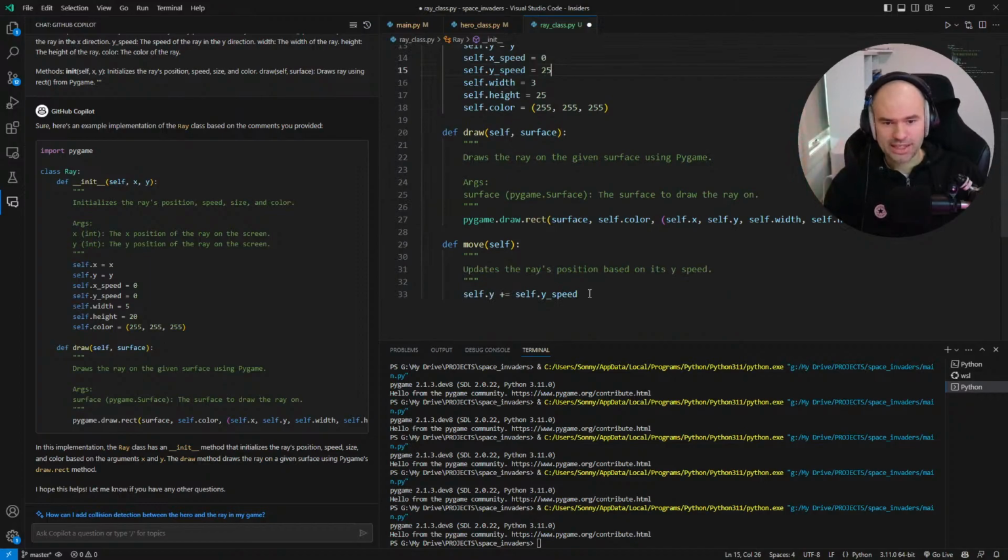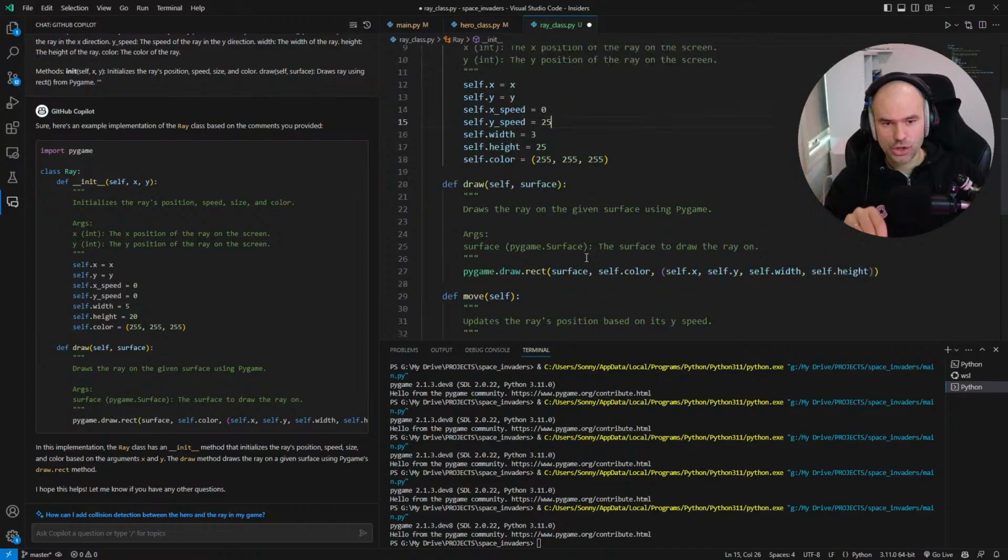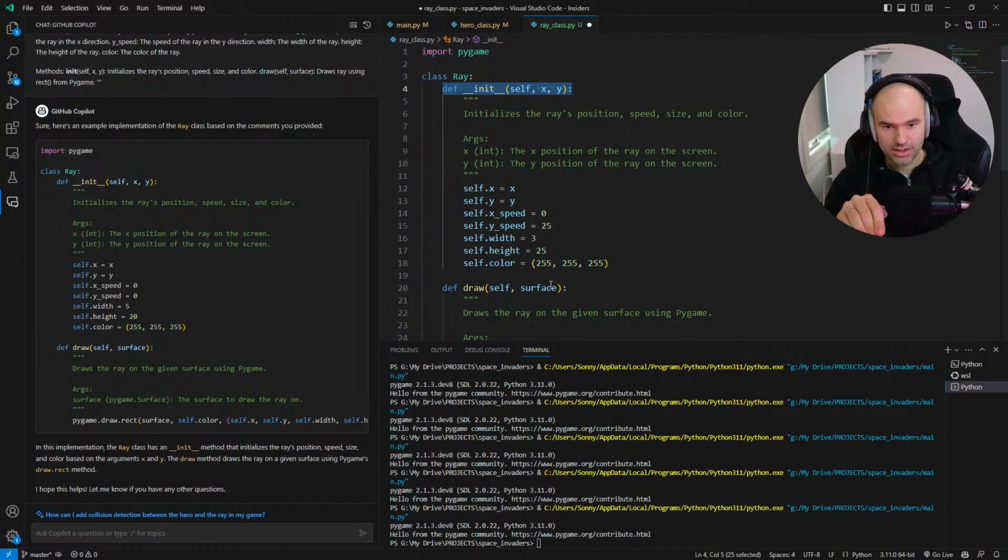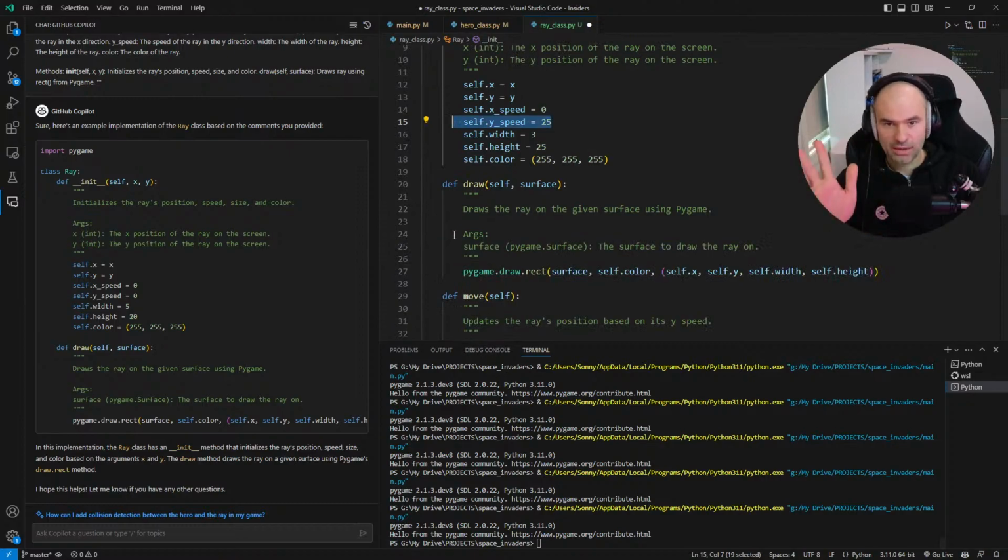At the most basic level, if we were to create this object and run the init, it's going to create it. It's going to have a speed. It should just start to fly. All right, so with the ray class,